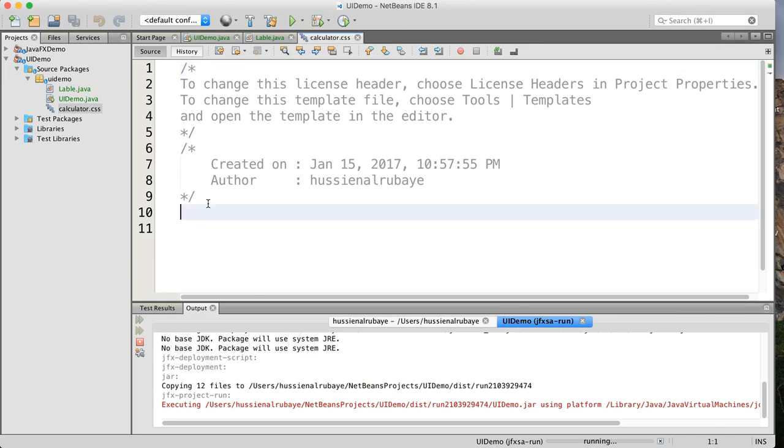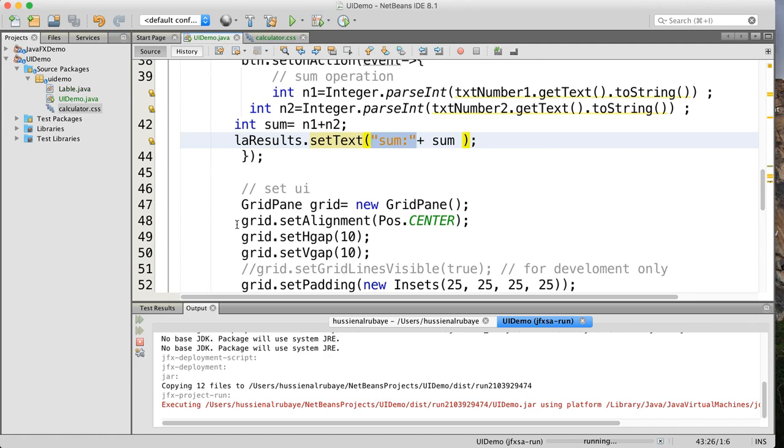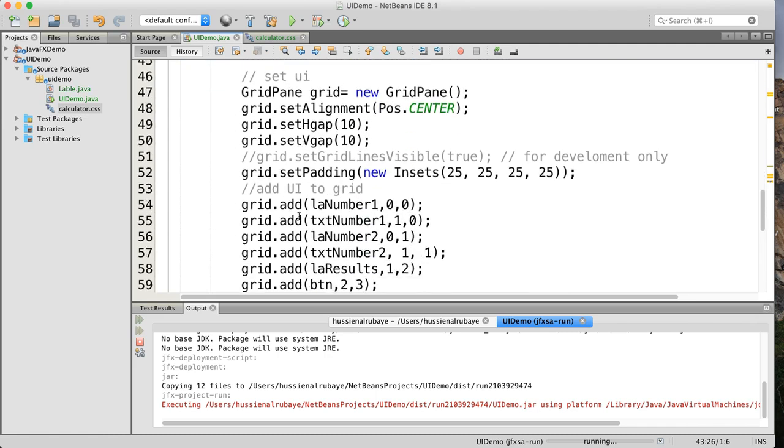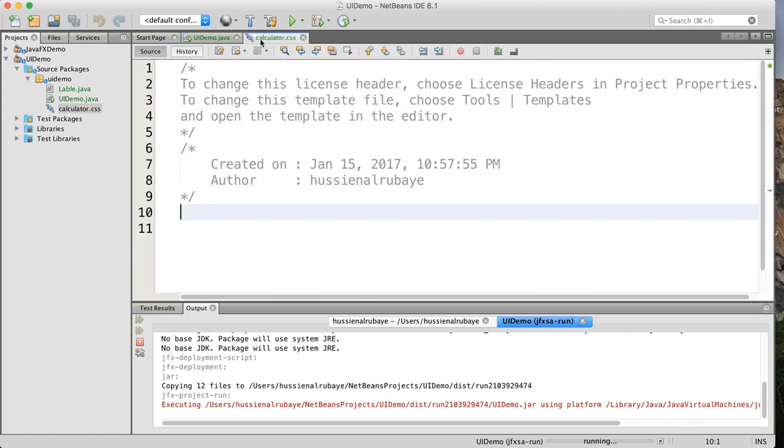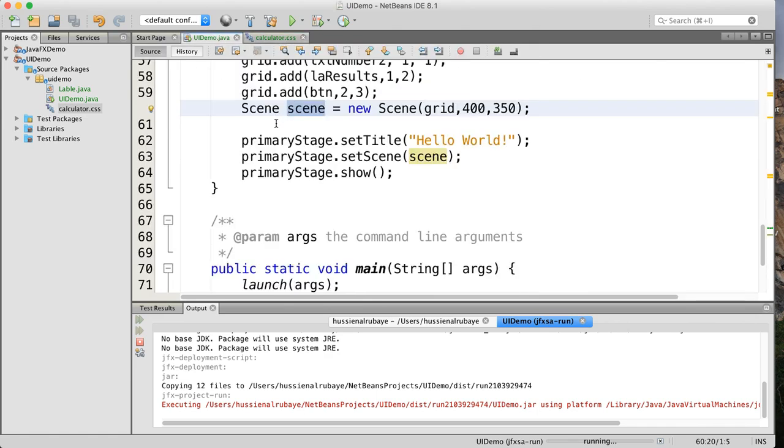So if you see, this is basically basic CSS. If I want to change something related to the button, I will have to connect this file with my button file. I mean this one. How I could connect it is not so complex. If you see, I have my layout here. I'm just defining my screen. I could add this CSS to this screen just by saying screen dot get